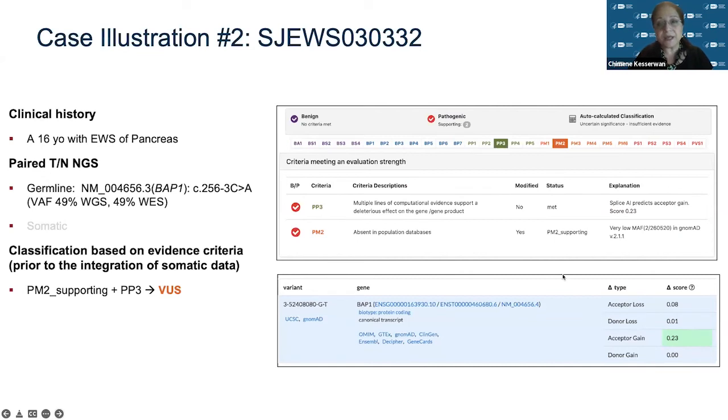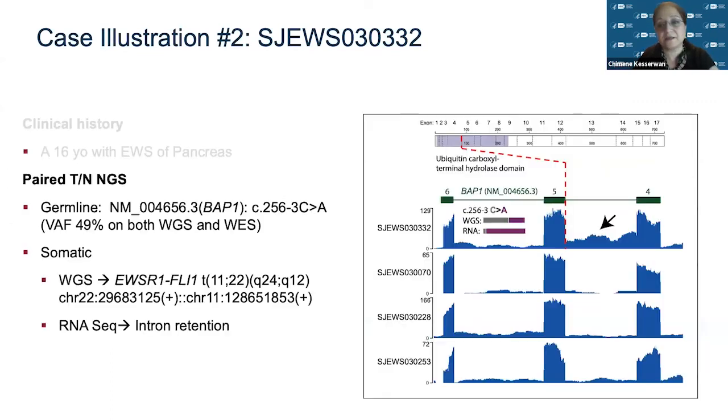And this variant has a very low minor allele frequency in gnomAD, which allowed us to assign the PM2 supporting code. With only two supporting pieces of evidence, the variant is classified as VUS. Now we will examine the somatic data. So the tumor, as we expect,